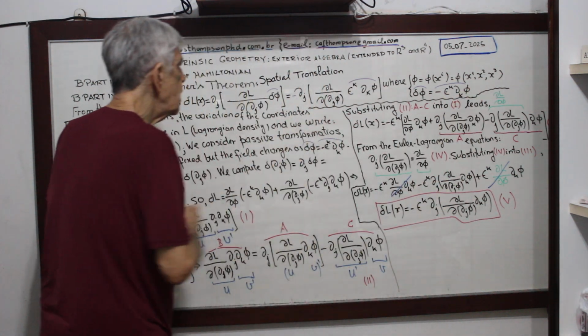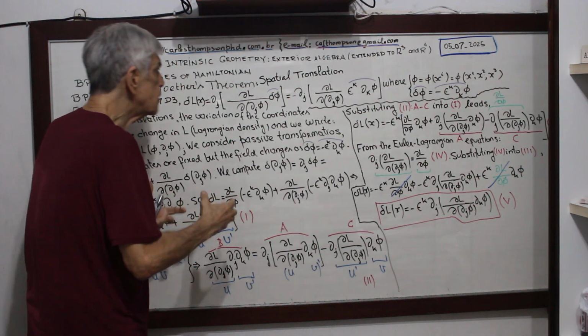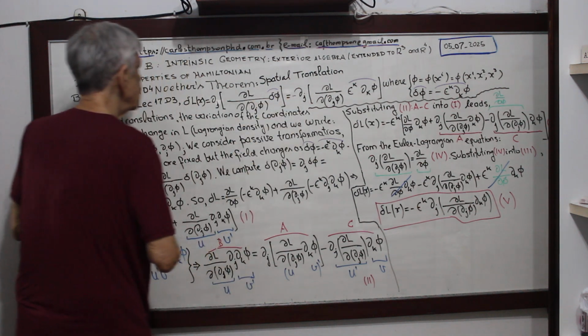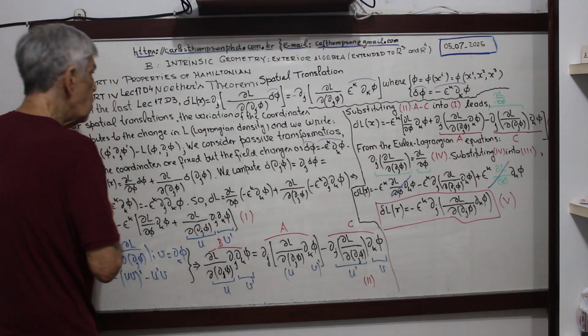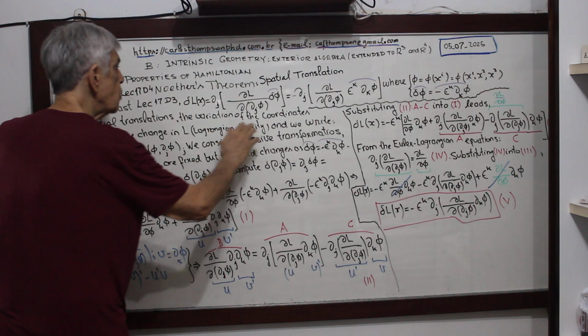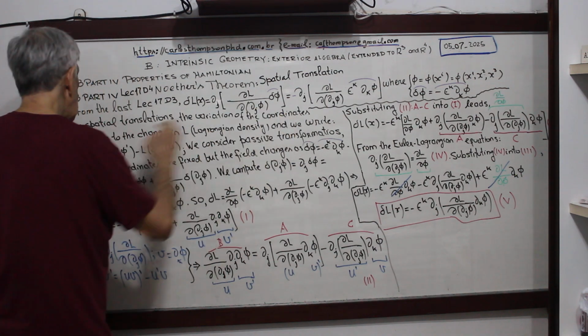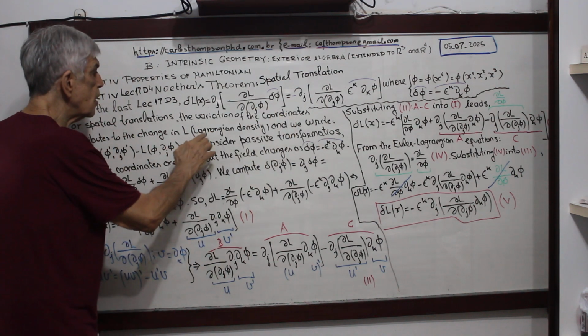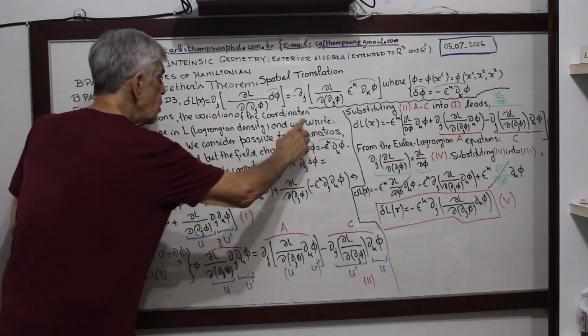This is a characteristic of a spatial translation. So for the spatial translation, the variation of the coordinates contributes to the change in the Lagrangian density, and we